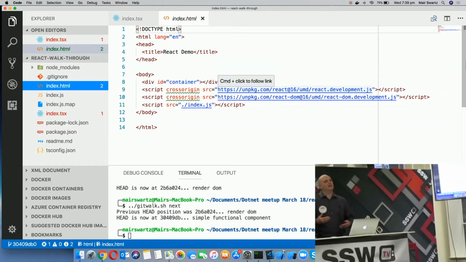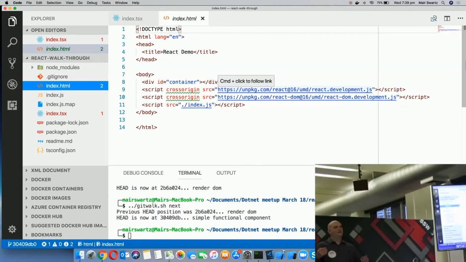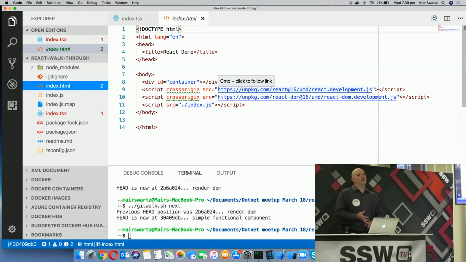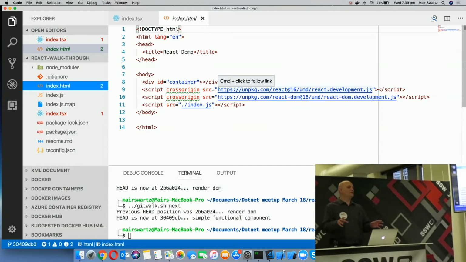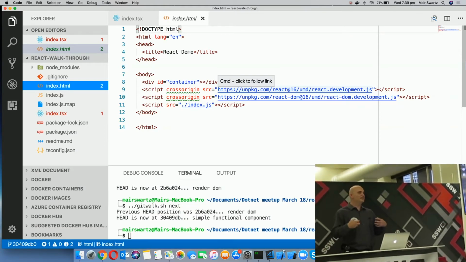Why did they decouple this? Why did they decouple React DOM and React? Quite simply because you could use it for other environments. We've got React Native. We also have React VR for the virtual reality stuff. So they're actually producing, and they have produced, other frameworks that take up these JavaScript objects and